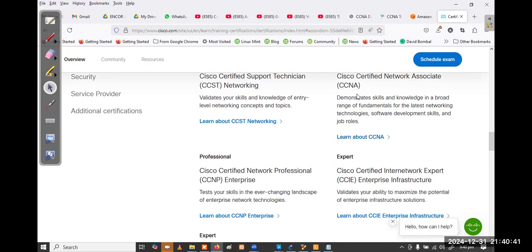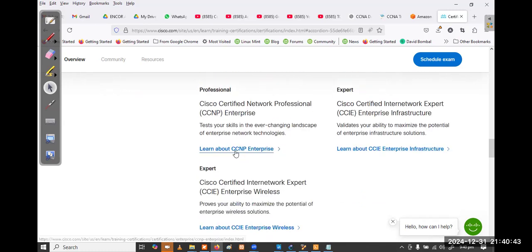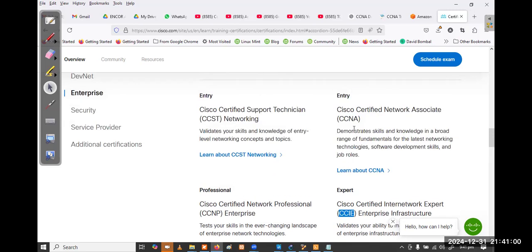It's going to start tomorrow. Then the professional, the next level exam, is called CCNP. And the highest level certification is CCIE. If you want to sit for CCNA, you have to pass only one exam, called 200-301.